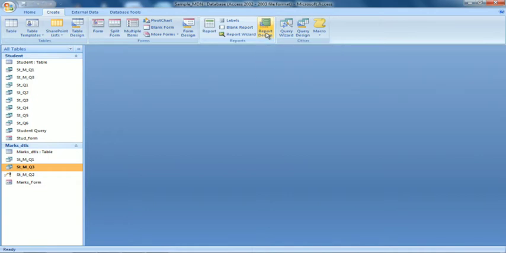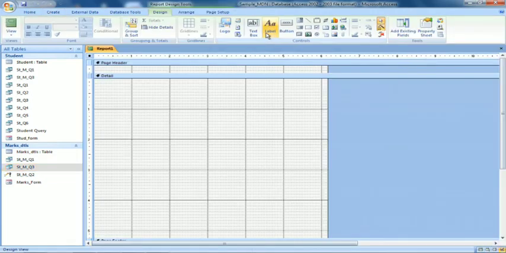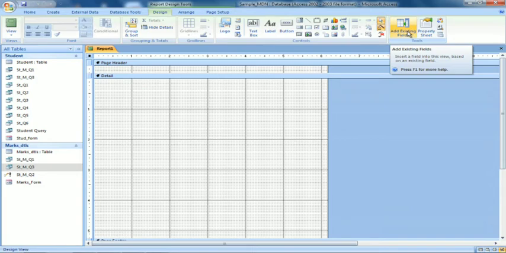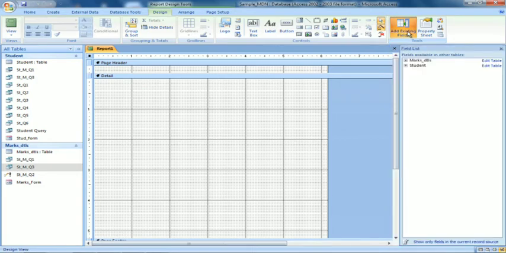So let's click on report design. I am going to design my report now. Here there is a tab, add existing fields. What table do I want? I want the student table, so I double click on it.